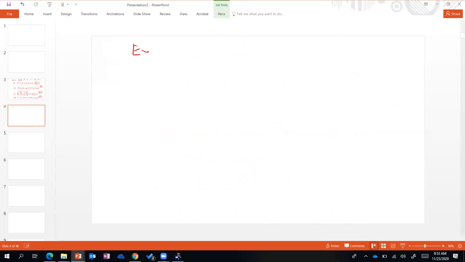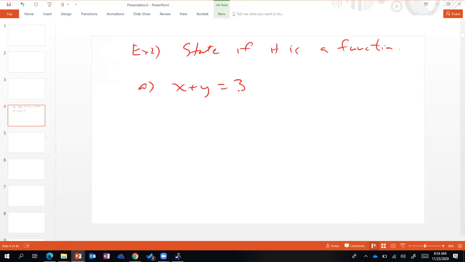So equations here. Exercise 2. State, same directions here. If it is a function, same exact directions, a little bit different take on things here. Okay, so the last one was just ordinary points themselves, right? We switch on to go to equations themselves. So with equations in mind,